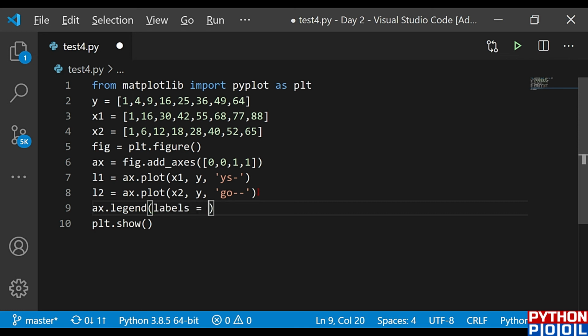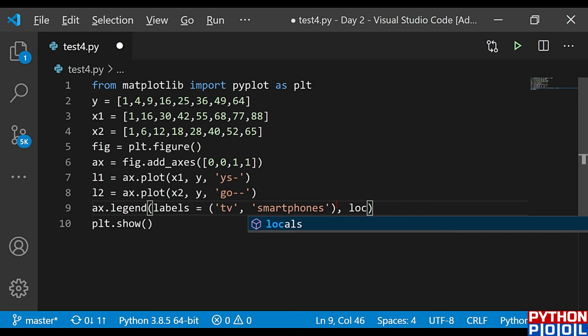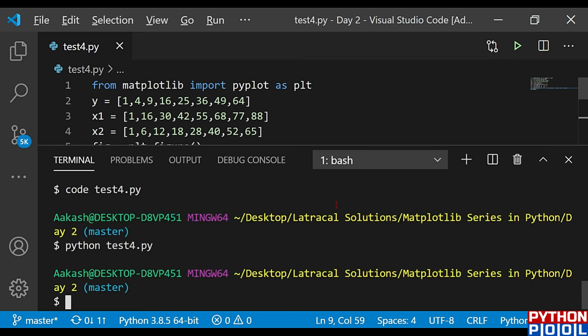First of all, my labels would be, first for the TV and another for the smartphone. I'm going to compare these two inventions of science, TV and smartphones. So my first graph would be for the TV and my second graph would be for the smartphones, and these would be my labels. And after that I'm going to define the location where I want to put these. So I'm just going to put this at lower right corner. So lower right, and once I hit save, I run my program once again,